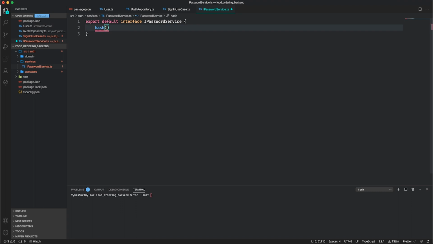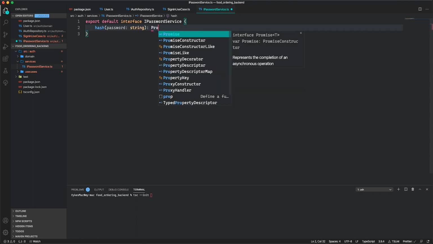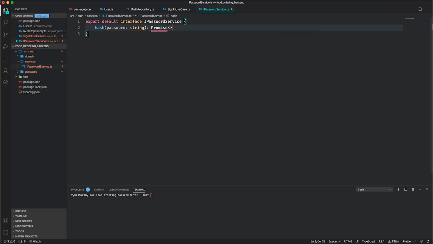One method hash, which accepts a password as the raw string or the raw password text, and will generate a hash and return that hash. So again, it will be an async function, so returns a promise of type string,